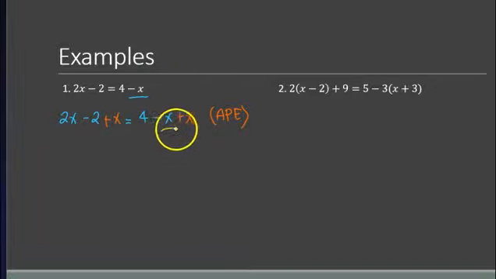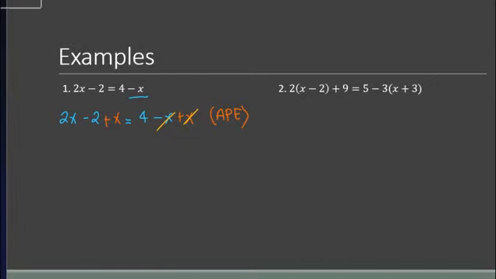Because I want this to be simplified to 0, right? If we simplify this, this is 0. So that means we will get rid of x on the right side because that is our goal. But you can also have the x on the right side, but usually we write the x on this side, okay? So that's the reason why, so that we can simplify this to 0.